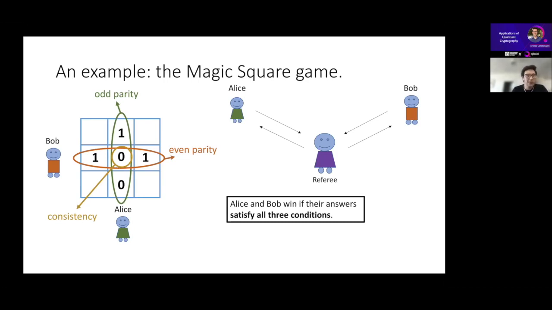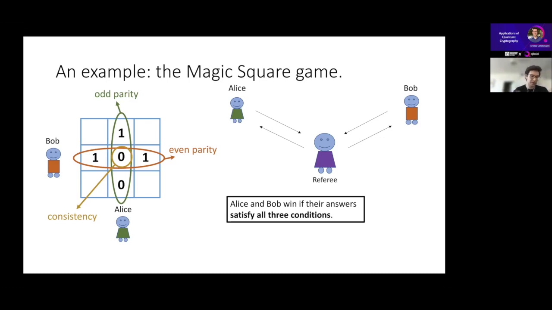Now, assume that the referee is sampling one of the 9 possible questions uniformly at random. Well, then the question is, what is the best winning probability that Alice and Bob can achieve? In particular, can they win perfectly? And the difficulty here, of course, is that Alice does not know what question is being asked to Bob and vice versa. So if they want to win perfectly,